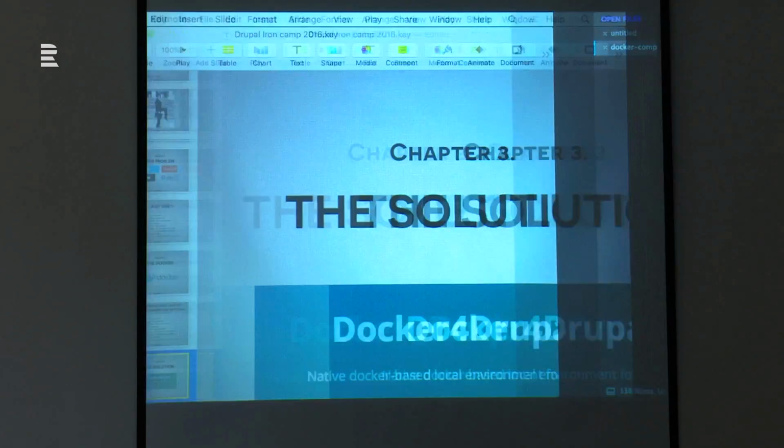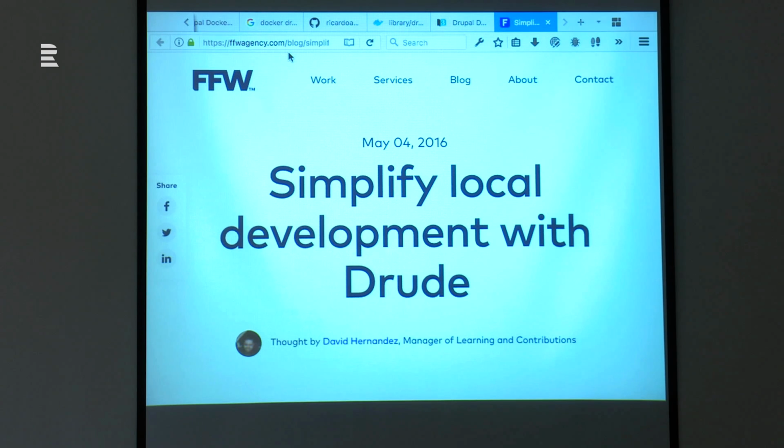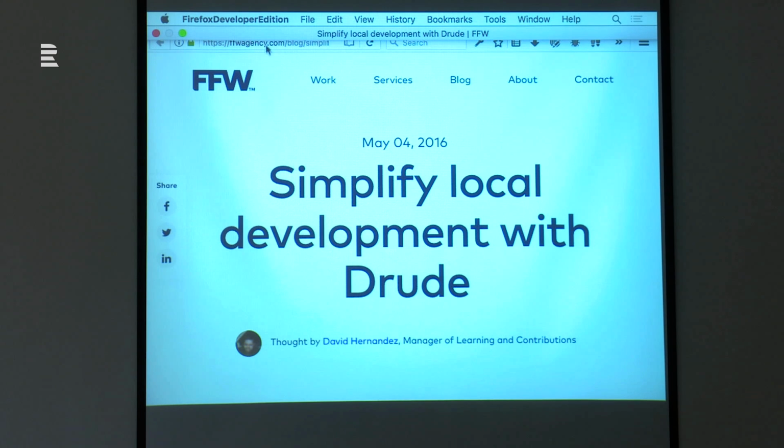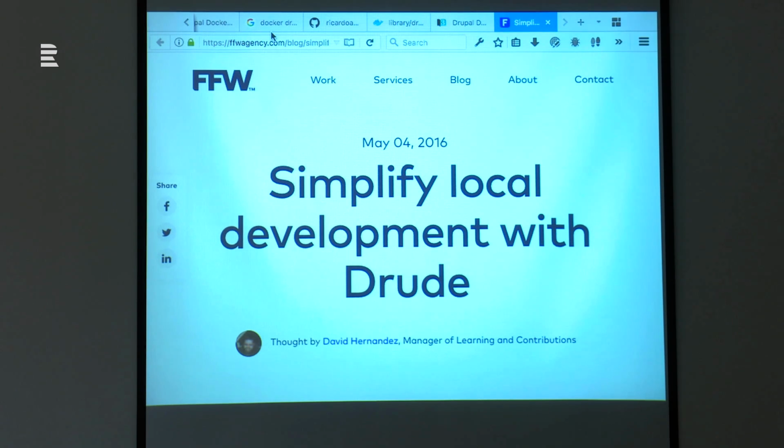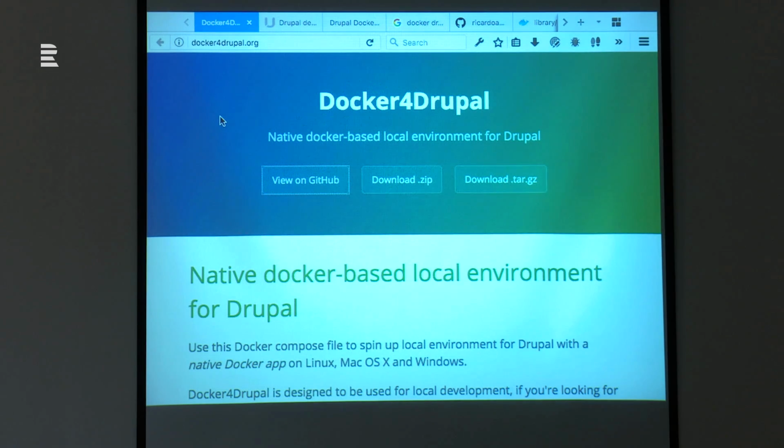I will now try just to give you a brief update, let's say, on other systems. So this is the official site for Docker for Drupal. It is dockerfordrupal.org, so it's very easy to remember. I would advise you to go and view it on GitHub, and when you download, this download zip is actually just a DockerCompose file. That DockerCompose file works out of the box, but I usually try to change some things